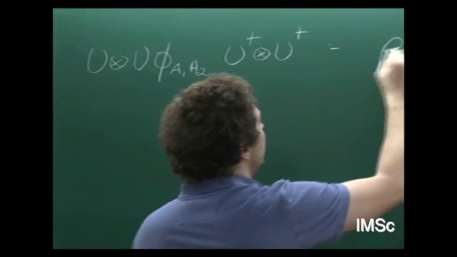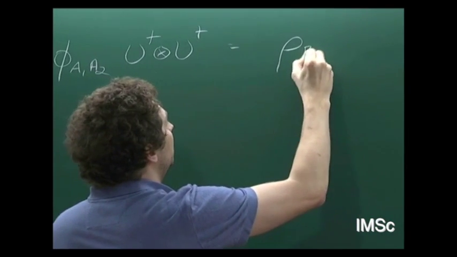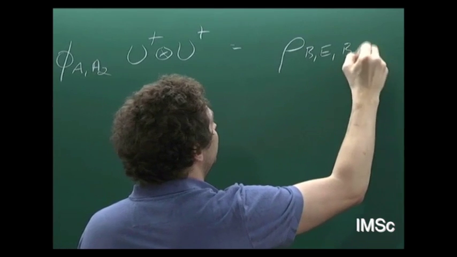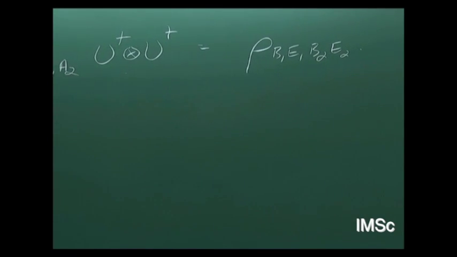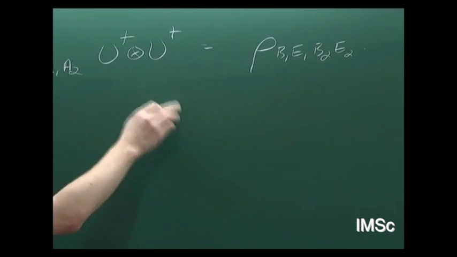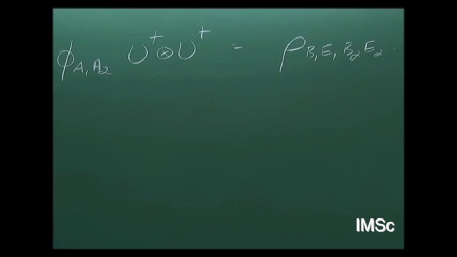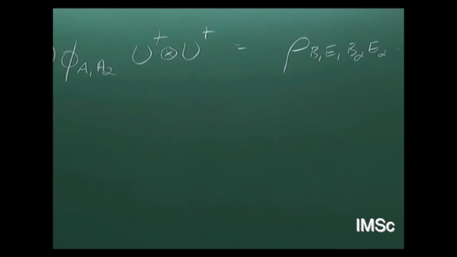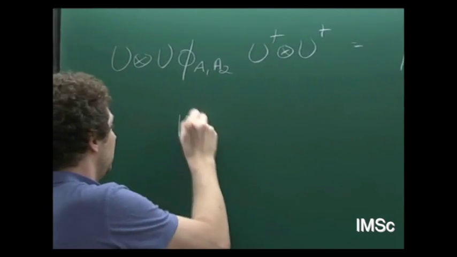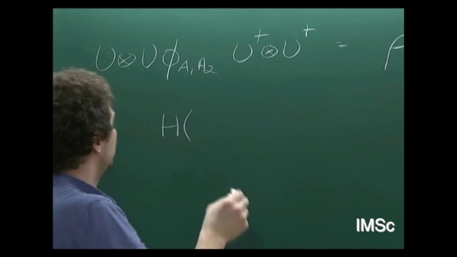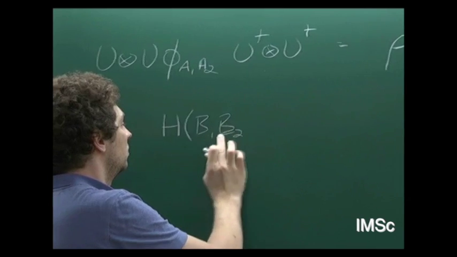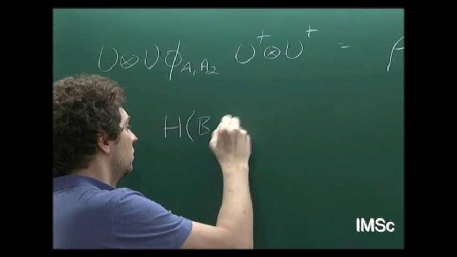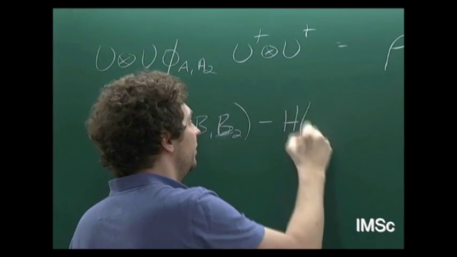Okay, now this gives me a state rho B1 E1 B2 E2. And what I'd like to show is that the coherent information evaluated on this state, so we assume this is like the optimal state, which is entropy of B1 B2 minus entropy of E1 E2